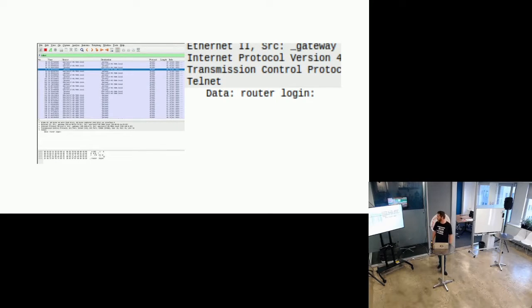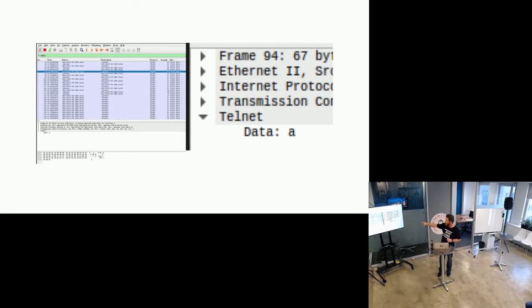Here you can see a screen grab that I've taken from Wireshark on my computer. Each of these lines you can see here is a packet that's been passed across from my local terminal to my router. One packet was passed back as a login prompt, and you can see that that's just plain text, unencrypted. The next one is me typing A for admin to log into this. Each of those packets down there is one character being typed in, and you can capture all of that and see what's happening just in plain text.